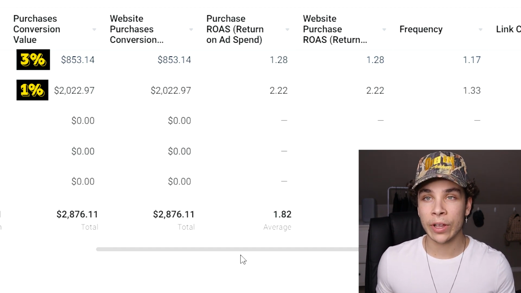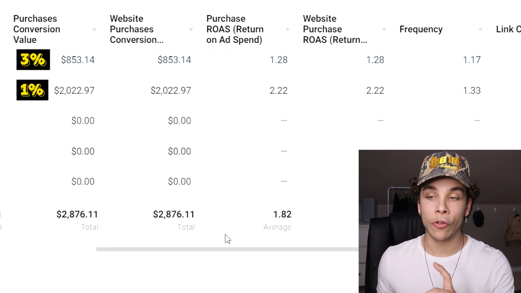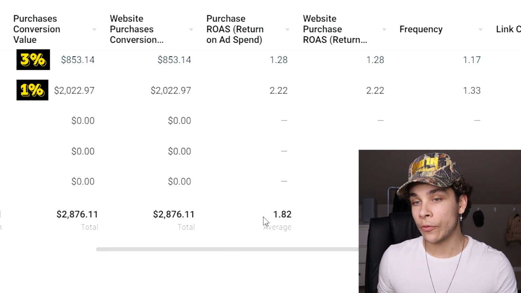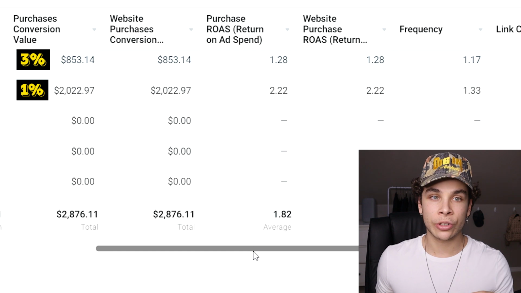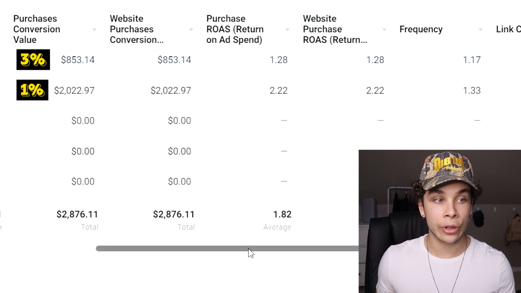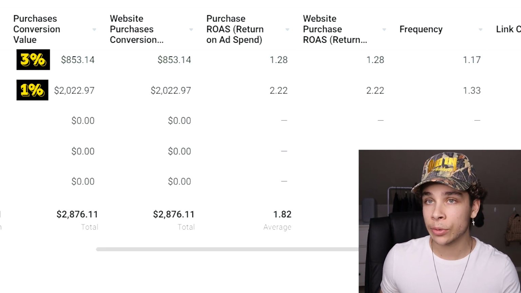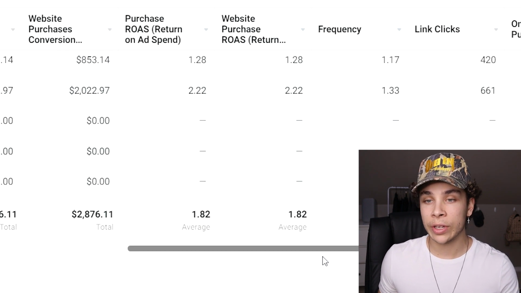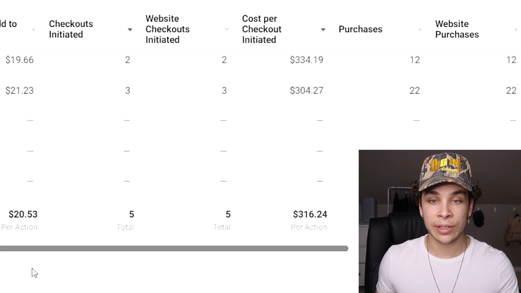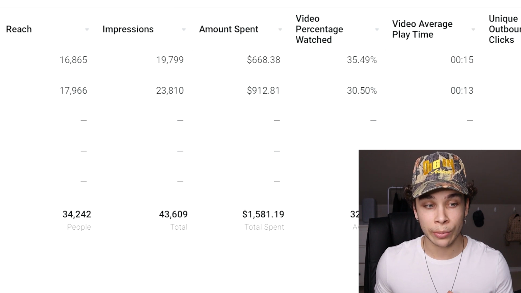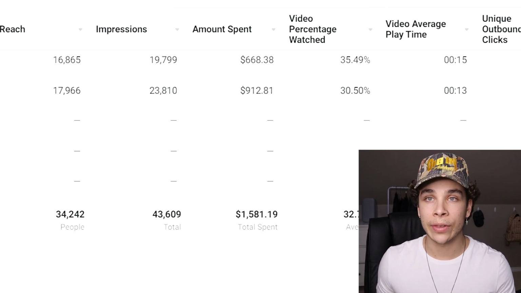We're definitely a bit above this. I'd say we're closer to 2.2 overall. And that's because Facebook often mistracks. It's been doing the mistracking a lot more lately with the new iOS 14 updates. So that's something to be aware of too. But overall, this ad account is pretty solid, and I'm going to break down exactly what we can do with more suggestions and recommendations in case any of you guys are in this boat too.